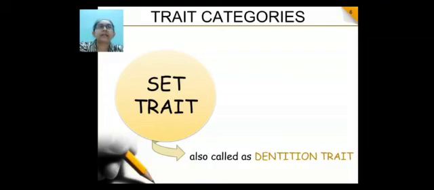Now triad is defined as a characteristic feature. Whenever we are trying to identify a tooth, we have to first of all understand the differences and similarities between the dentitions or between the individual teeth. So let us understand what this triad is. Every specific tooth has different features and also some characteristic features which differentiate it from the other. So let us see what